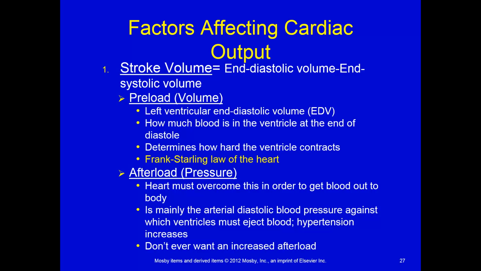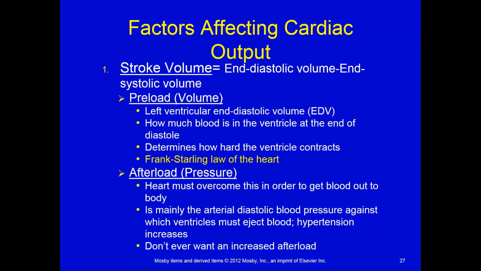Can you imagine now how if that volume was altered for some reason, either too high or too low, it can end up impacting stroke volume? Yeah, okay. So that's one thing that impacts stroke volume. The other one is afterload. And so now when I say afterload, I want you to think pressure, okay? Preload is volume,